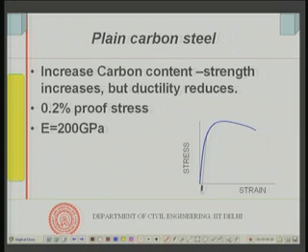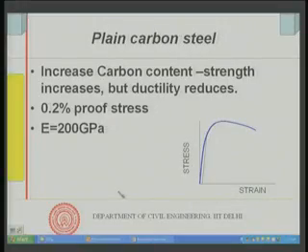This strain is 0.002, 2%. So, 0.002 strain, draw a line parallel to the stress strain curve, that is the elastic portion of the stress strain curve, and wherever it cuts, that is the 2% proof stress. I can have 1% proof stress or 2% proof stress. So, that corresponds to 0.002 strain, drawing a line parallel to the linear portion of the stress strain curve, right, I get it.